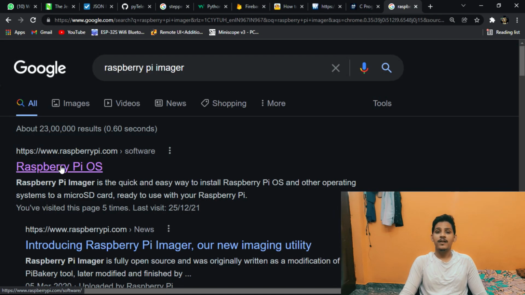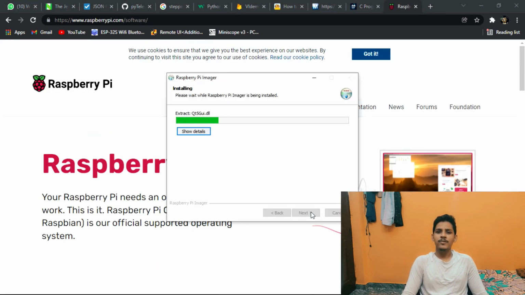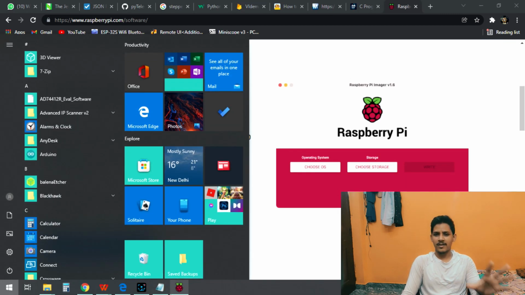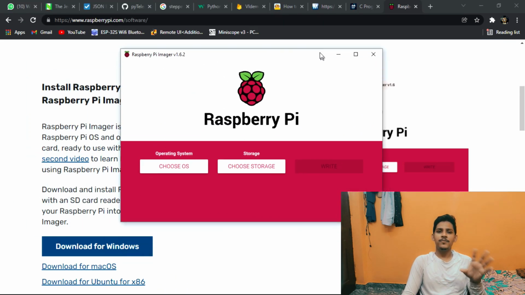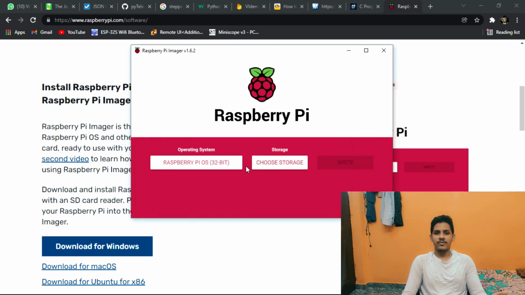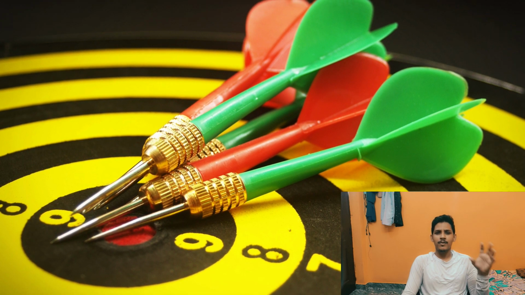First, you have to install Raspberry Pi Imager. Well, Raspberry Pi Imager is a software which allows you to boot your OS. Inside Raspberry Pi Imager, you have three options. First, to select the OS, whatever the OS which you want to install. Mostly we'll use the recommended version, which is a Raspbian OS. Currently they have released the Bullseye version.